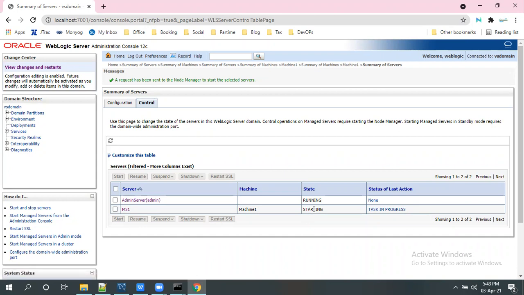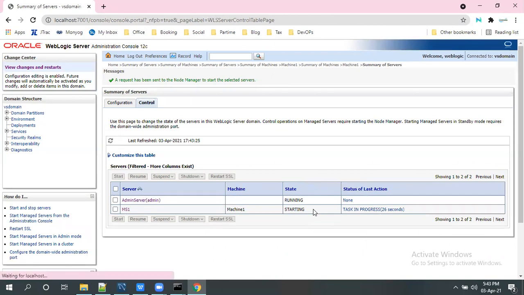So this is how you can create the node manager. First you should create the machines, and you can add the managed servers which you want to start and stop with the help of node manager. You add those servers into that machine, and then we should select the secure listener port, SSL port, as plain.